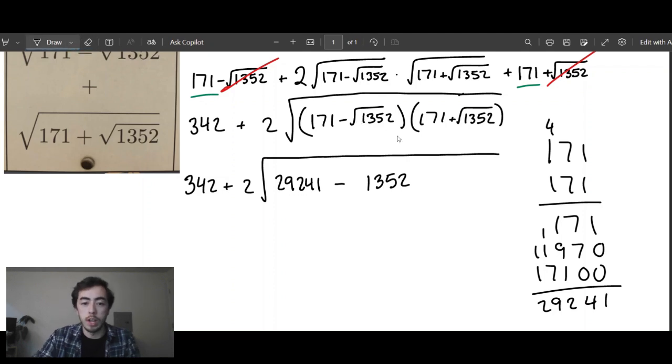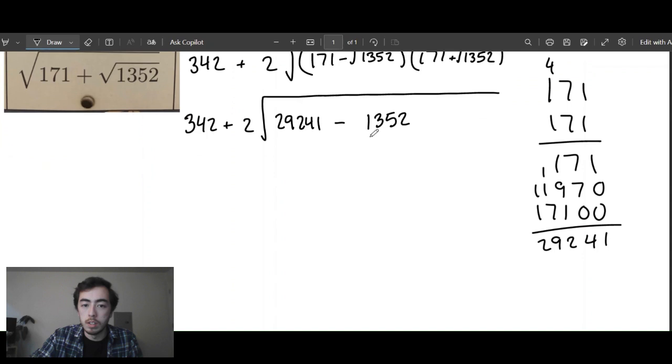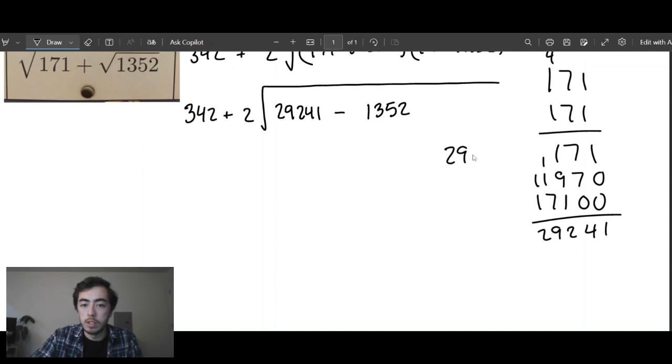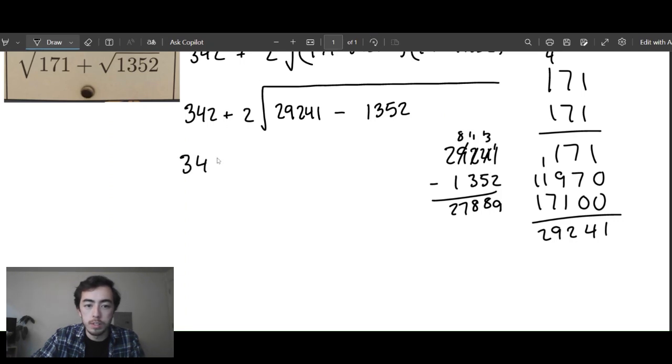Let's just do the subtraction off to the side. 29,241 minus 1,352. Do some borrowing, that's a 9. Do some more borrowing, that's an 8. Do even more borrowing, that's another 8. That's a 2. And that is a 7. Okay, so I have 342 plus 2 times the square root of